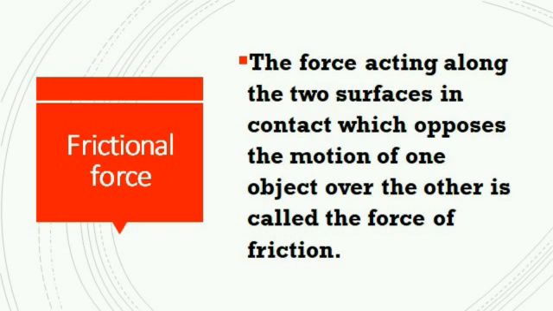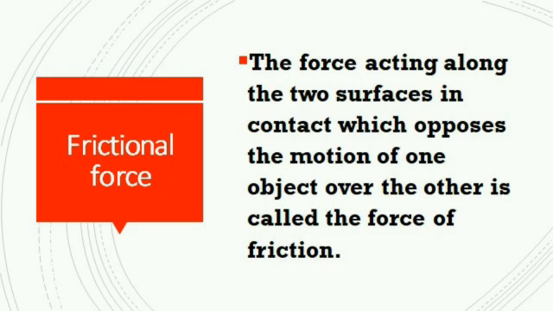Listen, one more thing. What causes a change in the state of motion of the ball? Is there any force acting on the ball to slow it down, gradually stops it? In which direction must this force be acting? This is very important, I will explain a little later. This is the force of friction, known as the frictional force. The force of friction acting between the surface of the ball and the ground opposes the motion of the ball and brings the moving ball to rest.